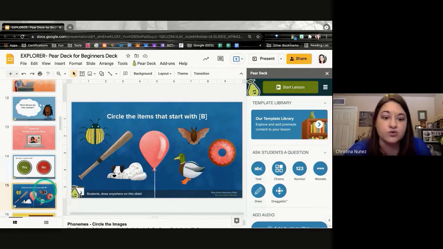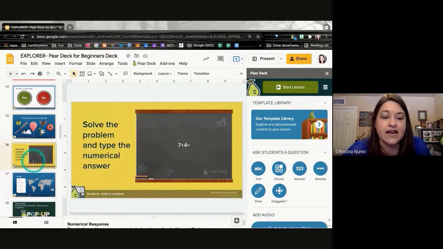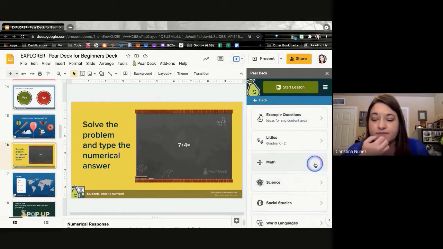Drawing ones, it's not going to really have you change anything. It has the most tools for students to use. But when you put it in there as a teacher, you're just dropping in a template, and that's pretty much it. There's a number slide. So they do have a lot of math versions. I'm going to go back here to the template library. So if I go here to this math one,